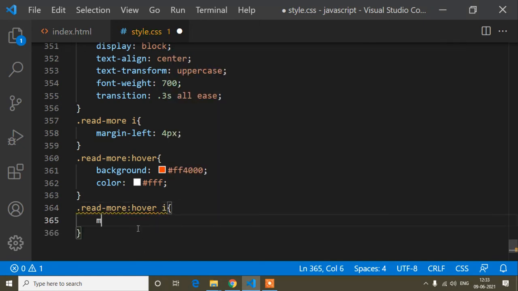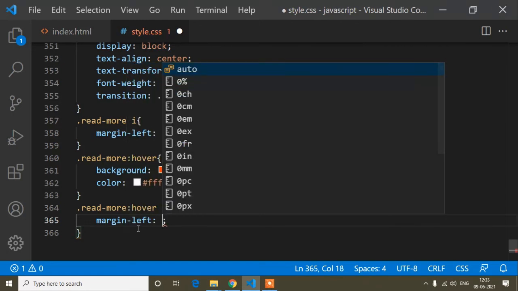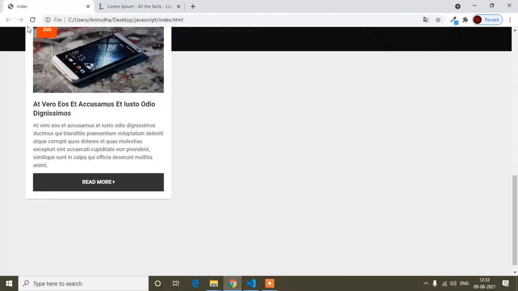That will be margin-left, more space. By default it will be 4 pixels, and when I hover on it, it will add more space, that is 6 pixels. So now it's done. So save. If I hover, you can see it's changed into orange color and it's added more space.